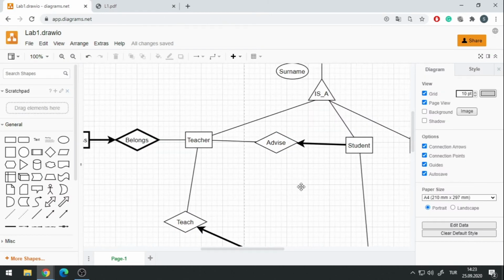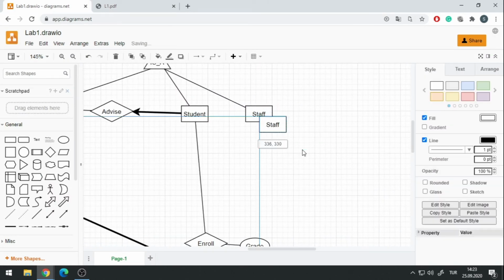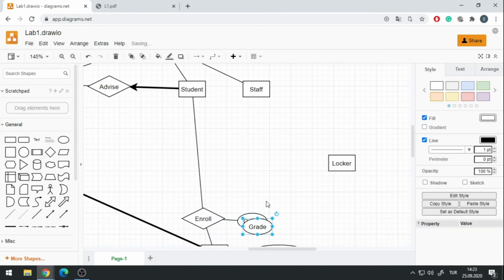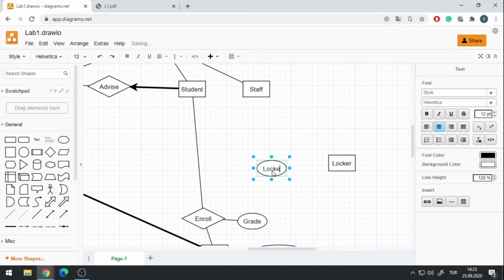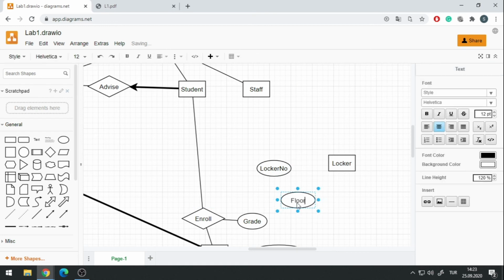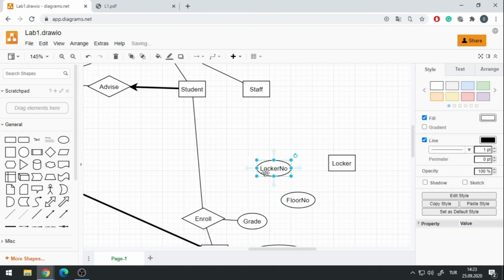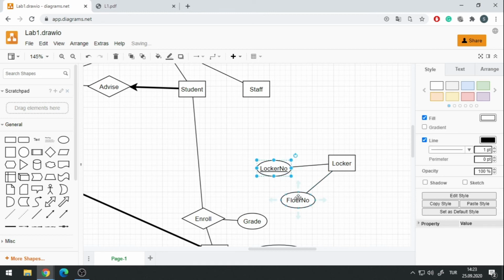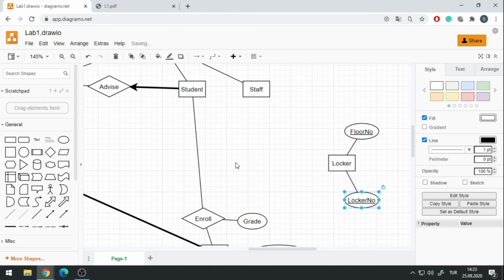Let's create such an entity first, locker, and this is going to have the locker number plus the floor number. And to identify a unique locker, I need both of them. It is going to be a composite primary key, so I need to underline both the floor number and the locker number. And the students are going to